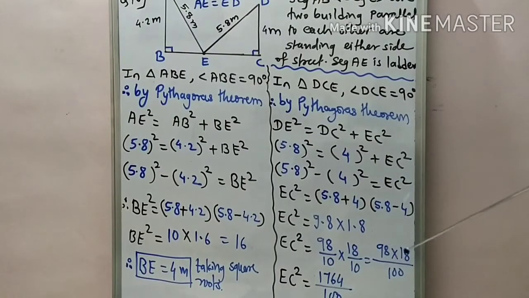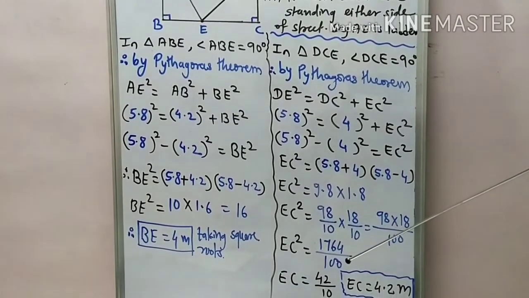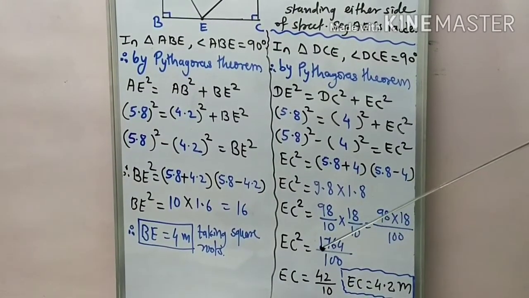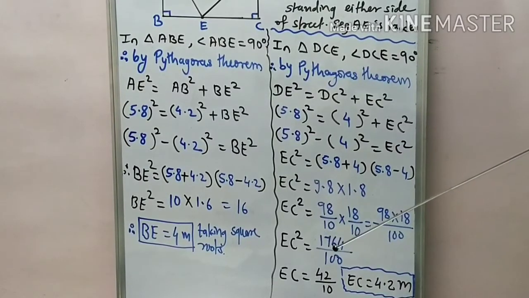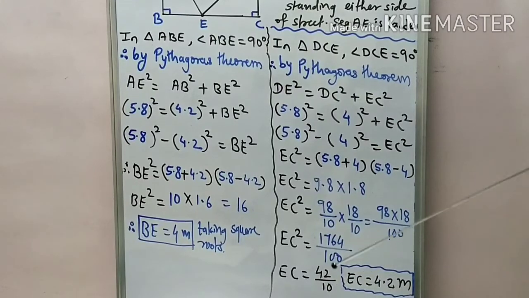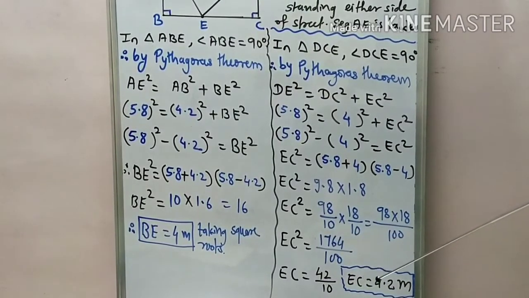As we do this product, it is 1764 upon 100, and then taking square roots on both sides, the square root of 1764 is 42, divided by the square root of 100, which is 10,